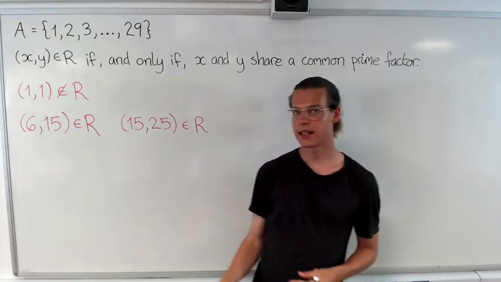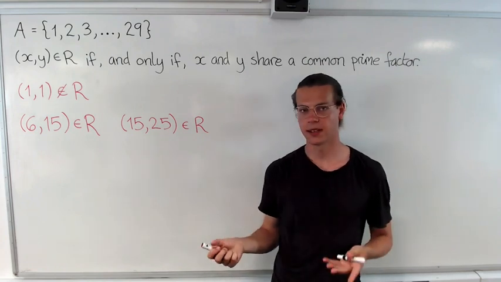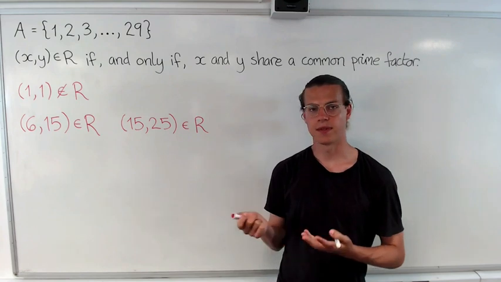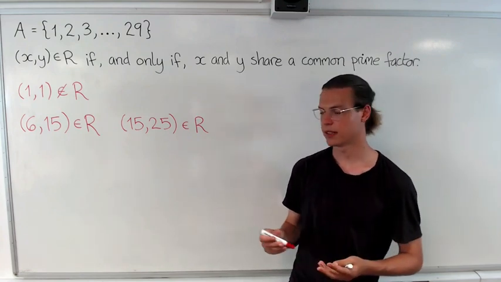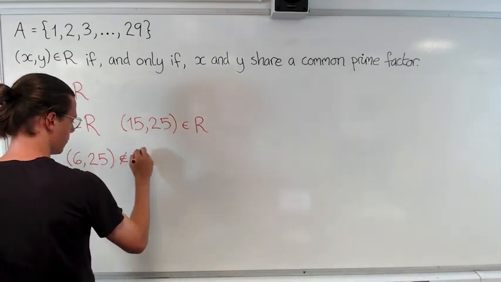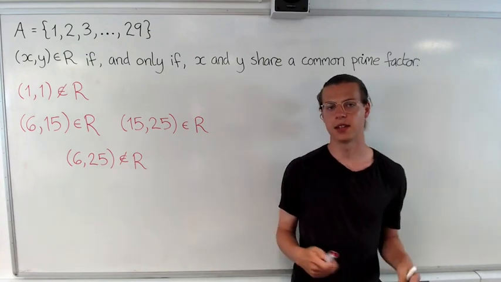However, 6 is not related to 25. The prime factors of 6 are 2 and 3. The prime factor of 25 is just 5. So 6 is not related to 25, which tells us that this relation is not transitive. The relation is not reflexive and not transitive, and so